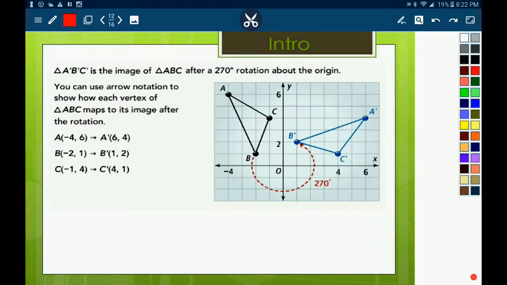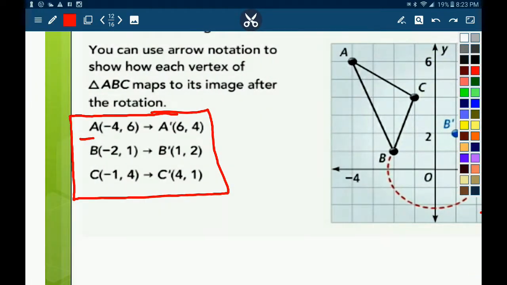Okay, but what I would like you guys to do is just take a look at the arrow notation of these points. This is a 270 degree rotation. Now, if you notice, the points, like if we specifically look at A, you have the digits 4 and 6. The X value is -4, the Y value is 6. Now, if you notice A prime, it looks like the 4 and the 6 just switched spots. Okay, so a little note for you guys, if you are rotating a multiple of 90,